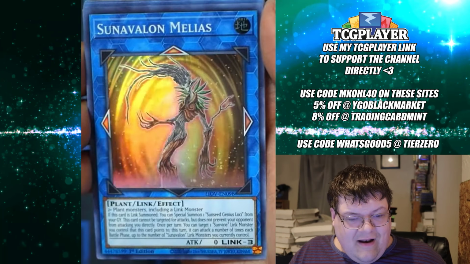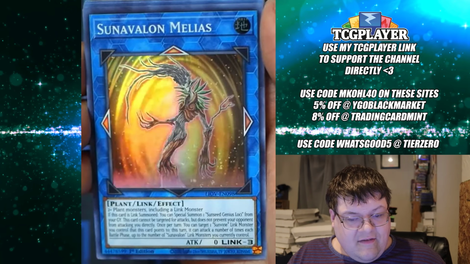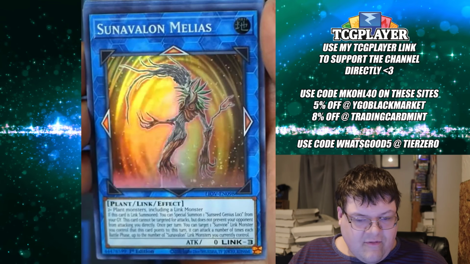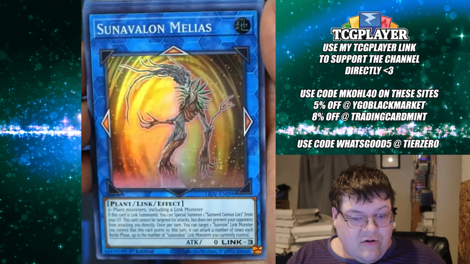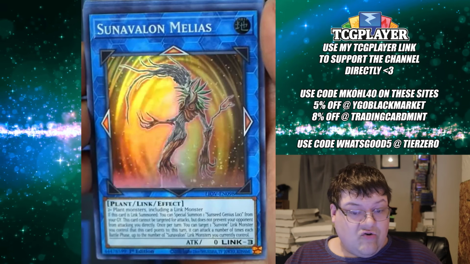Let's see here. Sunavalon Melias. Remember, this is going to be 2+ Plant monsters, including a Link monster. If this card is Link Summoned, you can Special Summon 1 Sunavalon or Sunseed Genius Loki from your graveyard. This card cannot be targeted for attacks, but does not prevent your opponent from attacking you directly. And once returned, target 1 Sunavalon Link monster you control that points to this card. It can attack a number of times up to the number of Sunavalon Link monsters you currently control, which is